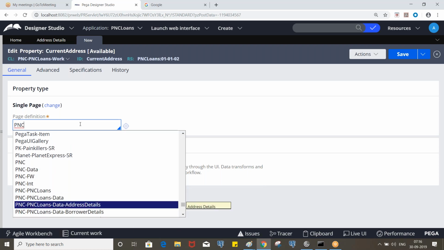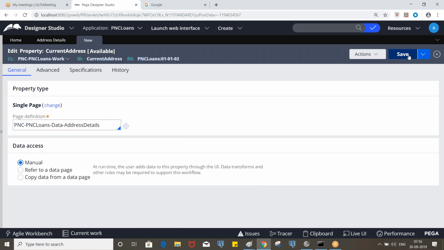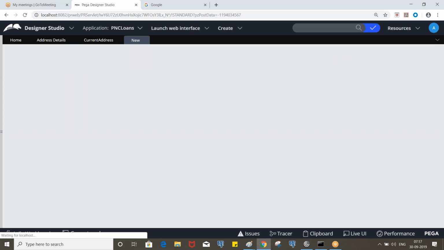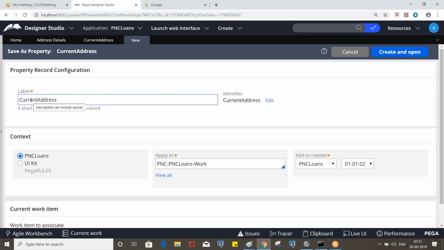What is that? Address details. Now similarly, we need to create one more page, that is permanent address, and we need to specify the same data class. Can't we save as this? Yeah. So save as and change the page name.